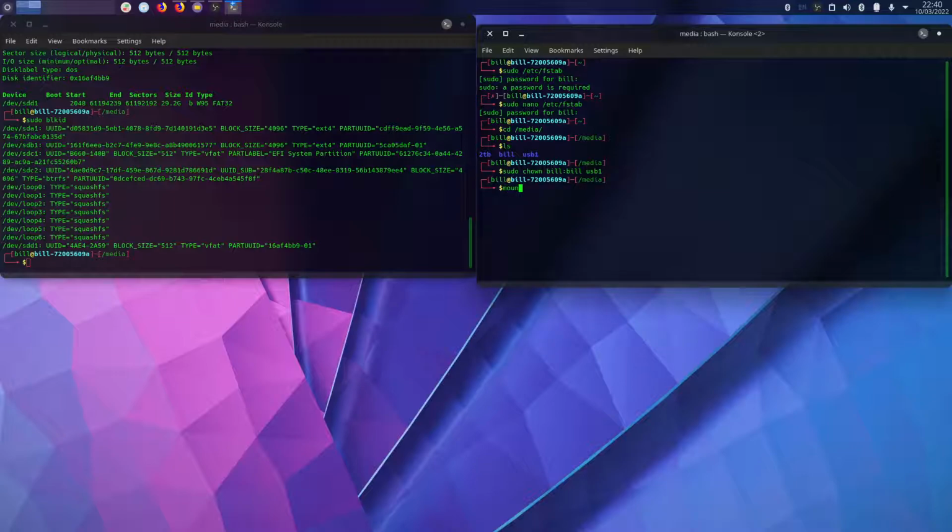Okay, now you type mount USB1. You need to be superuser, so type in sudo mount. Okay. Now you need to go to your downloads folder, so now type in cd down